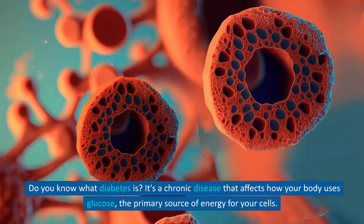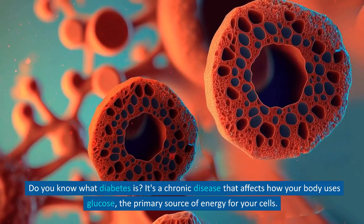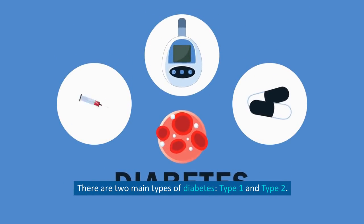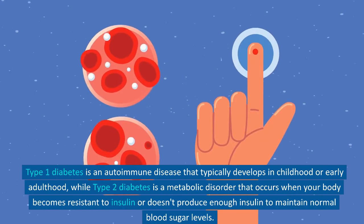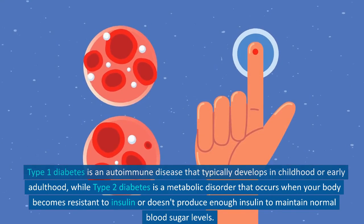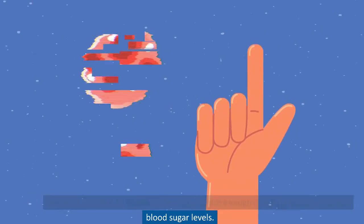Do you know what diabetes is? It's a chronic disease that affects how your body uses glucose, the primary source of energy for your cells. There are two main types of diabetes, type 1 and type 2. Type 1 diabetes is an autoimmune disease that typically develops in childhood or early adulthood, while type 2 diabetes is a metabolic disorder that occurs when your body becomes resistant to insulin or doesn't produce enough insulin to maintain normal